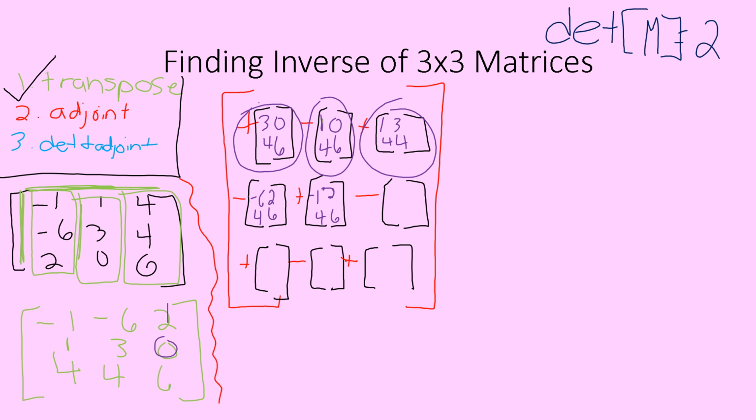We're going to cover up the 0, -1, -6, 4, 4, and I'm not going to continue it through the next row just because I think we kind of have that process down now. Now we're going to go through each of these tiny matrices and we are going to find